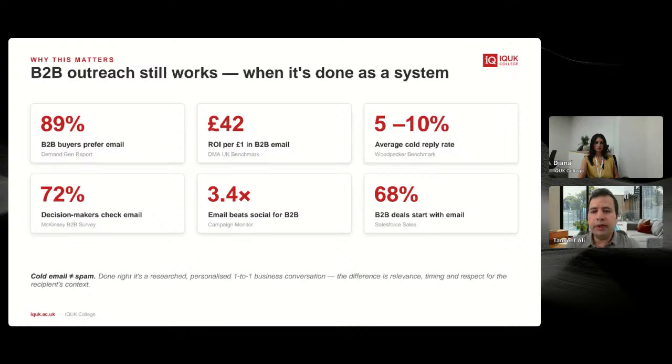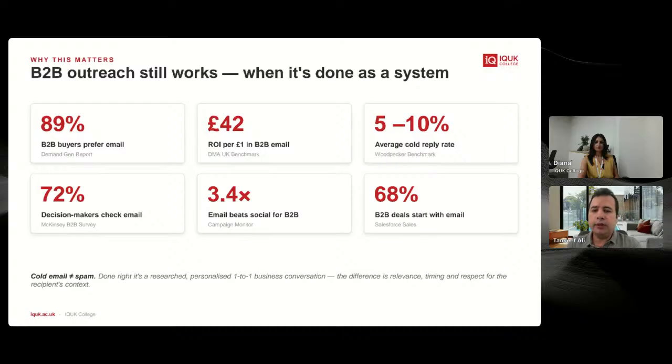Also, as you can imagine, lots of people read emails. Decision makers, 72% of them, regardless of if they are CEO of big corporate or startup companies, read their emails. So you get direct access to the person who is actually making decisions, and that's very powerful. With that kind of person, you might not reach in any other channel. So email is giving you access to reach directly to those top executives as well.